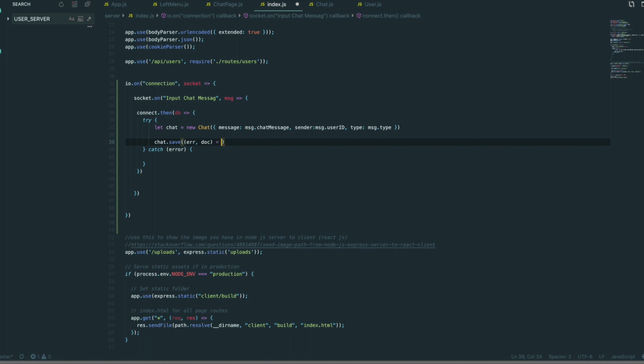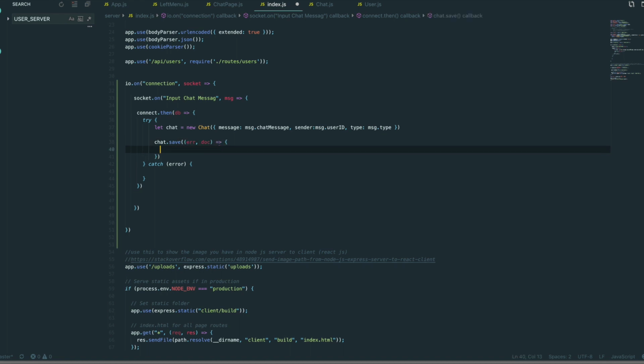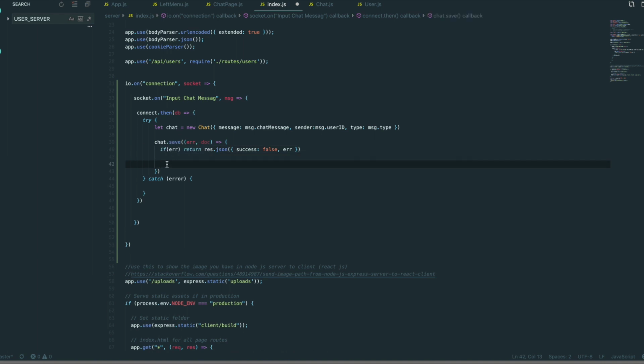And then we will have some function in here. If we have an error, maybe return a response in JSON format with success false, because we got an error from saving all the data into MongoDB. If we succeeded, so we will get